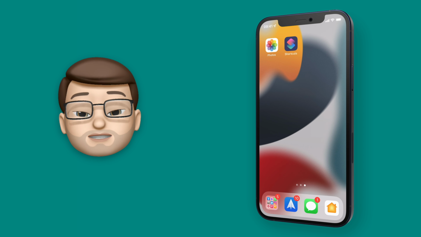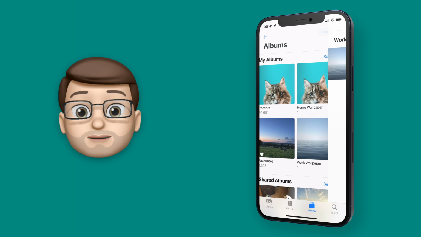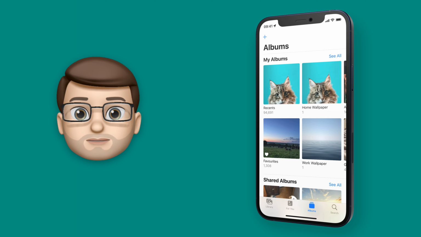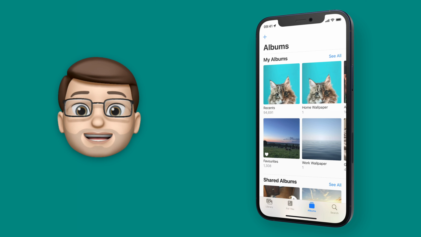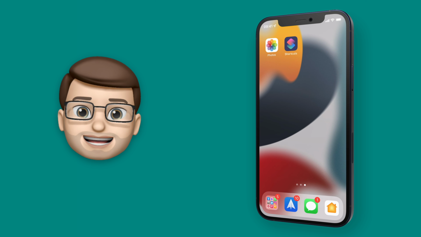that album. Now if I jump back out of that picture and onto the album screen, you'll see I've also made an album called work location. In that album I've got a much more neutral picture, just of the ocean looking very calm. Now you can have as many different locations as you want, but make sure you make an album for each one. When you're done, we're going to come out of Photos and open up the Shortcuts app instead.